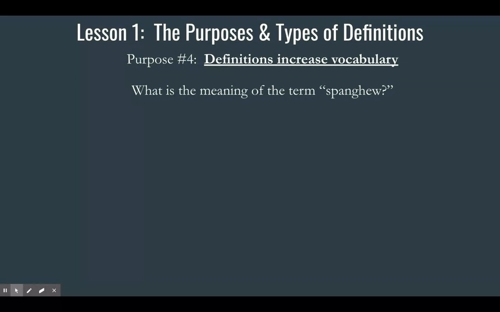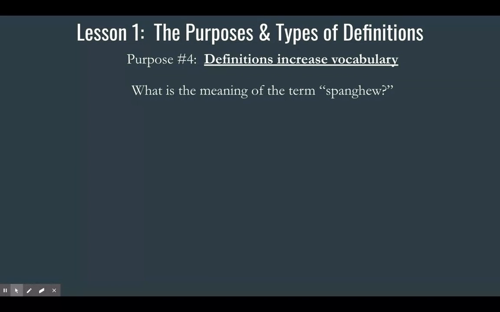I'm going to tell you what it means. Come on, give me a funny guess. What does it mean, Jefferson? Yeah, a type of spaghetti. Okay. Anybody else want to give me a good definition of spanghew? McKeever and then Vandernoot. Is it not the grocery store that SpongeBob goes to?